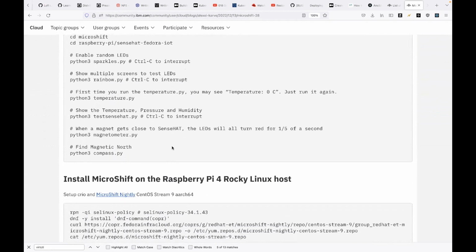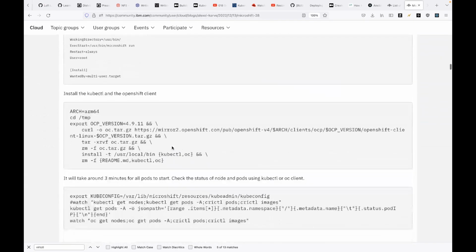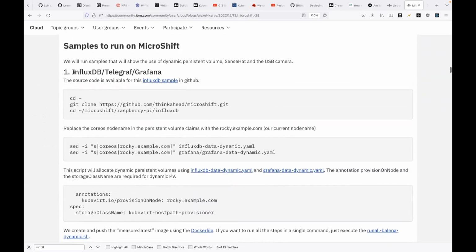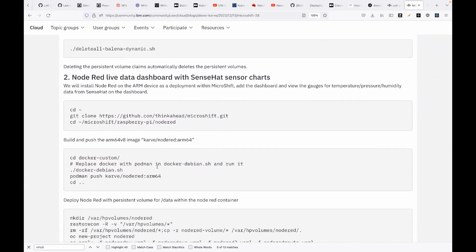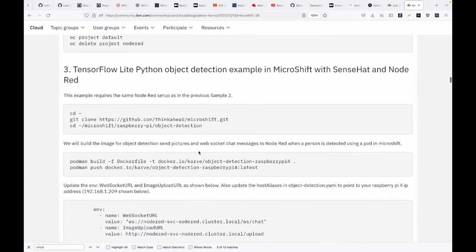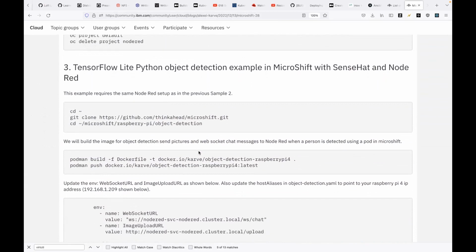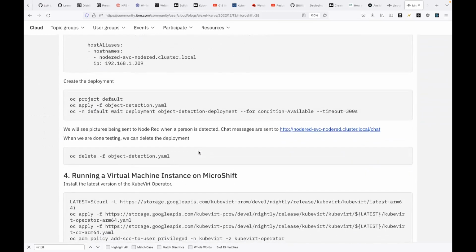Checking the temperature, pressure, humidity. If you look at all these samples over here, you can see one of the samples is for InfluxDB, Telegraf, Grafana. And there are previous recordings that you can watch for these particular demos. There is a Node-RED live data dashboard, which will show you the SenseHat sensor charts. There's a TensorFlow Lite Python example, which will be able to detect objects